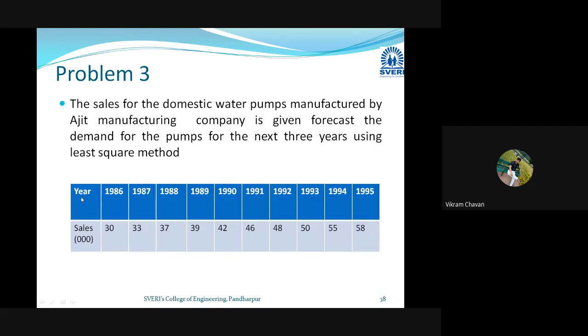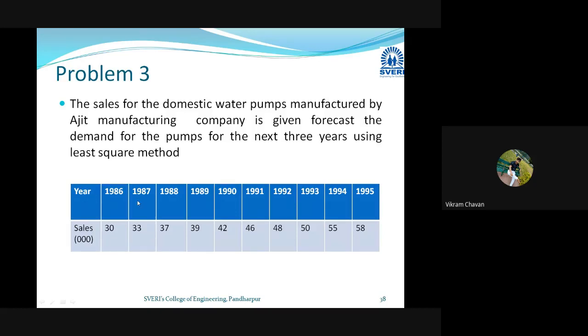Okay, so in the first row years are provided, in the second row sales is provided. Now this sales is in 1000. So that is nothing but here the triple zeros are provided. So sales in bracket 000, that is nothing but the values provided for the particular year. If 30 is provided, then the total sales value is 30 multiplied by 1000. If 33, we consider 33 multiplied by 1000. In this manner. So in the calculation we need not consider multiplication of 1000. At the end, when we are calculating the final answer, only at that time we should multiply with 1000.